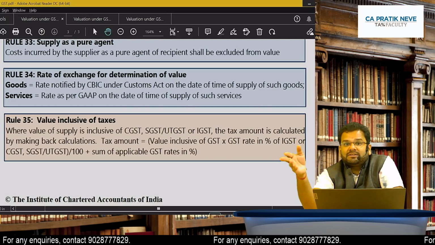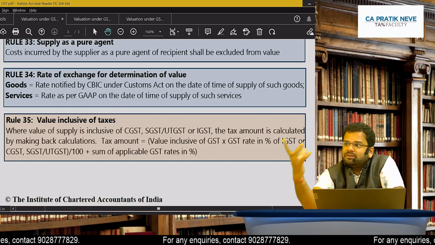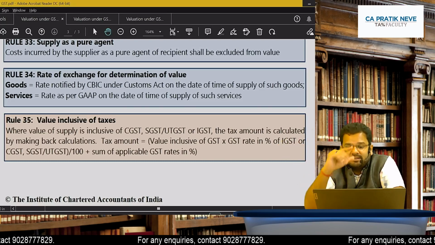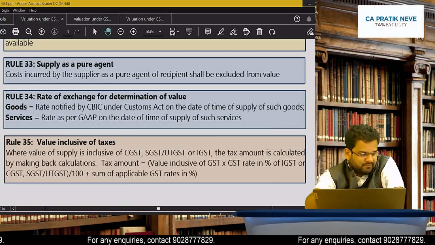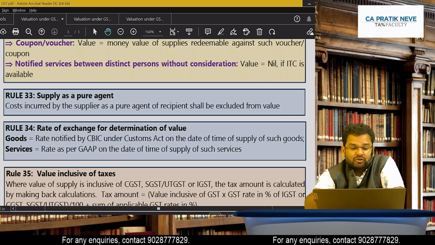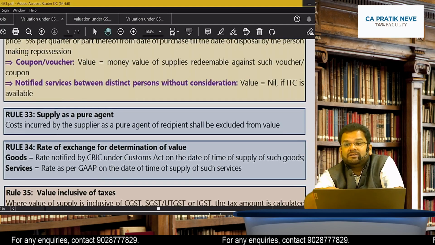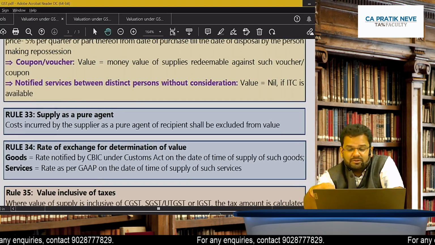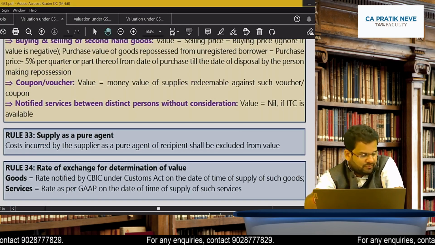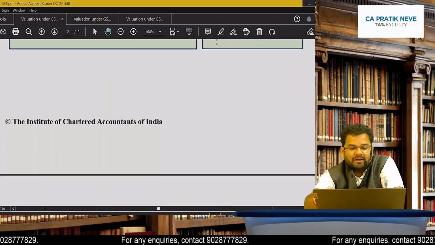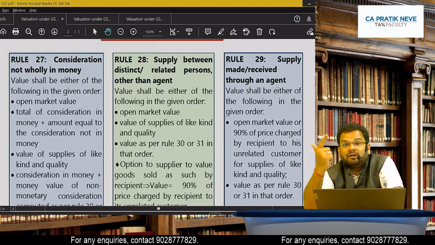And we will see in customs that when you import the goods, yes, GST is payable along with basic customs duty. Wonderful. So its rate of exchange is as notified by Central Board of Indirect Taxes and Customs on the date of time of supply of such goods. Wonderful. So I think you have understood now rule 27, 34, 35